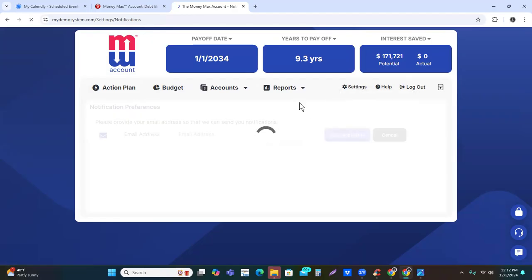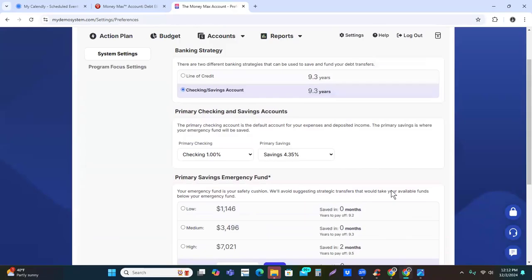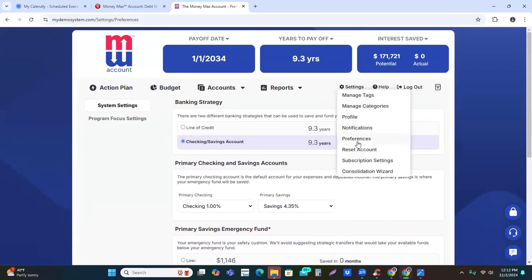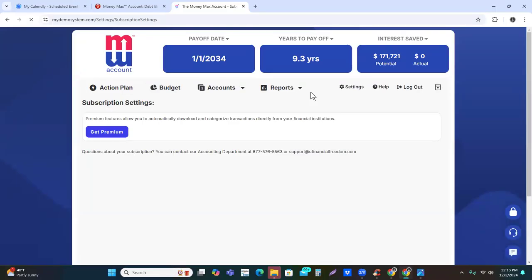And then we went through the preferences here. This is all getting it set up according to what we want. And then subscription settings. Remember, once your clients buy this program, there's nothing they ever need to add on to this. There's no upsells. They do have Account Connect if they like, which will go from having the action plan